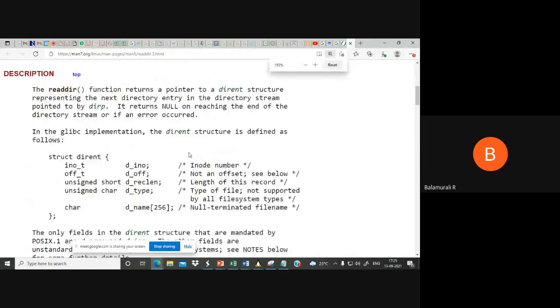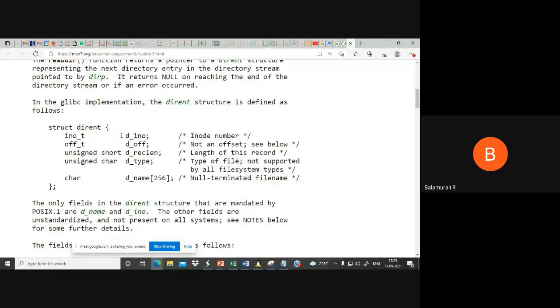Yes, see, this is the structure. It contains d_ino, which is something called the inode number, d_off (offset), the length of the particular record or the file name, and d_type. Okay, so like that, it contains so many fields. So actually, you should use the other fields also. The other fields will also be usable,